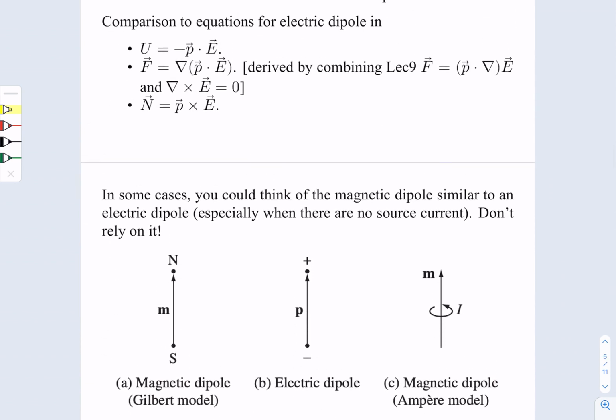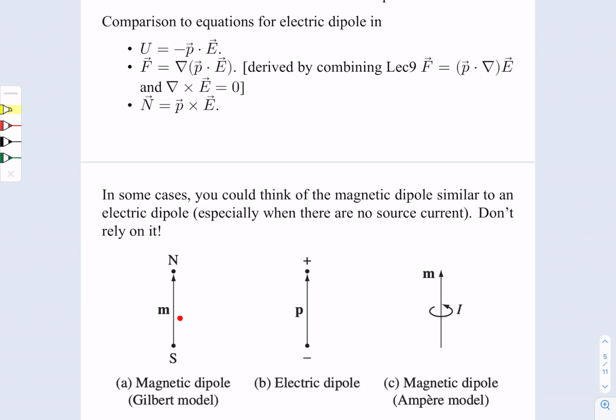Now, because of this analogy, we can actually think of a magnetic dipole as a copy of an electrical dipole. So even though in reality the magnetic dipole is an infinitesimally small current loop over here, and the electrical dipole has the positive charge and the negative charge here, we can